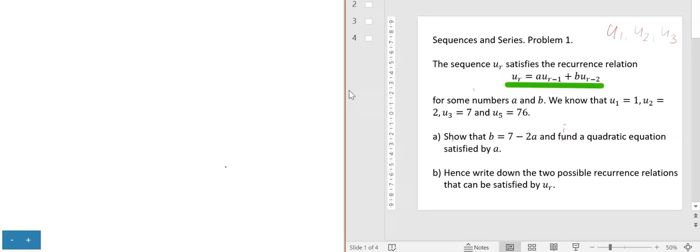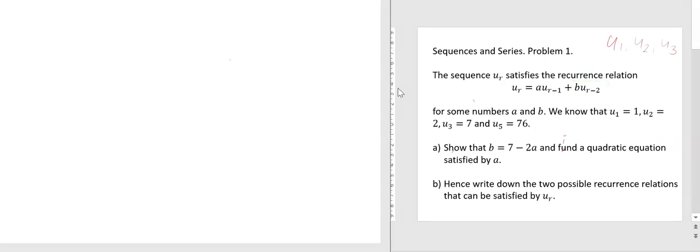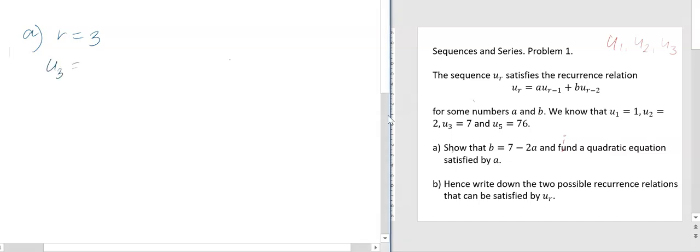So if we now inspect the relation, then it's clear that we must start with r being equal to at least 3 so that we get U1 in the second term. So let's write it down. r equals 3. So we can now form the third term of the sequence. U3 equals A times U2, we plugged 3 in here, plus B U1. Okay, let's now see if we can substitute the numbers in and see if we can get anything meaningful.